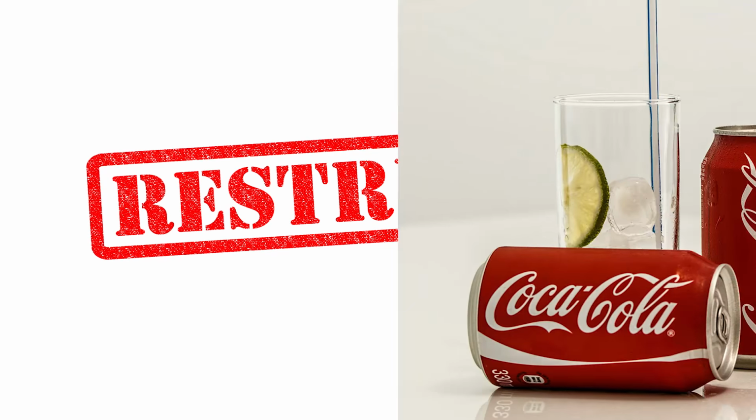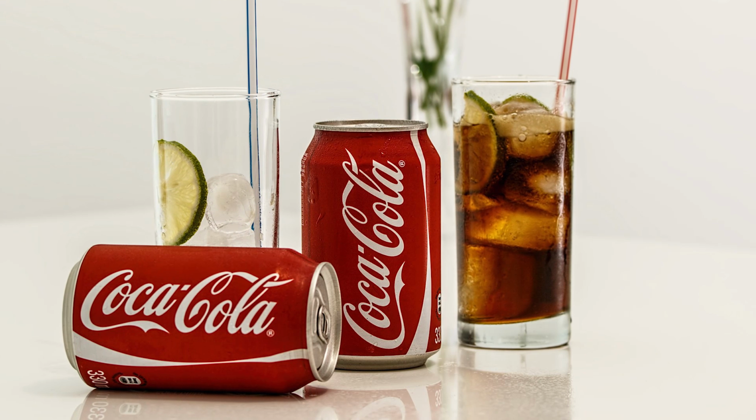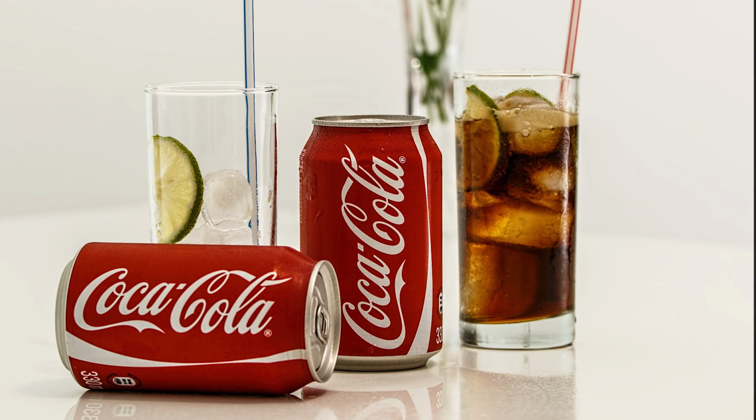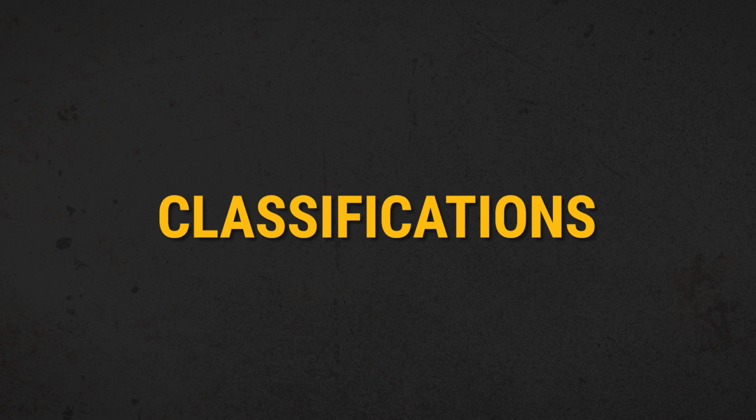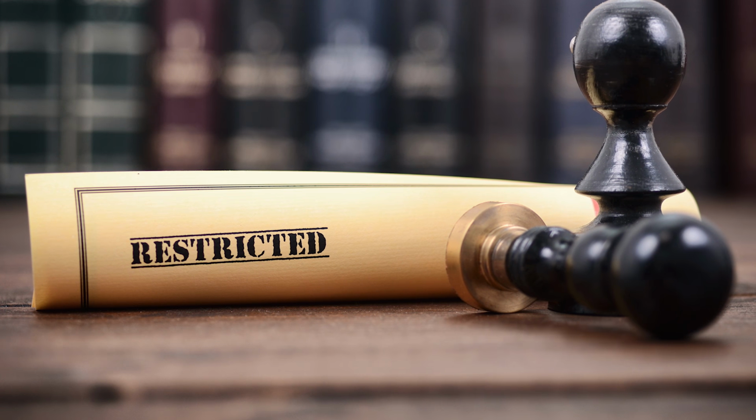Restricted data cannot be shared. This is data that must be safeguarded to protect the individual, the business, or the mission. A simple example of restricted data would be the formula for Coca-Cola. There are several classifications for restricted data. The first type of restricted data is controlled unclassified information, or CUI. This includes for official use only. This is unclassified information that we don't want to be released to the public, or unclassified information that we don't